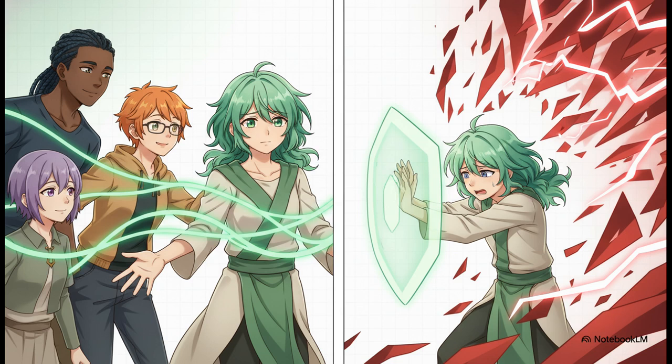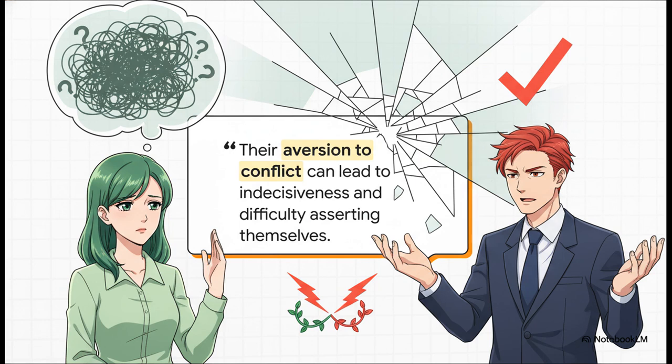But, and it's a big but, their aversion to conflict is so strong that they can be really resistant to change. If you ask a green to make a big, snap decision in a group setting, you can almost see them physically freeze up. And their blind spot explains so much about team dynamics. In a meeting, a green will stay silent rather than risk an argument. The red in the room sees that and thinks, great, we all agree. But it's not agreement. It's often deep disagreement hidden by a fear of rocking the boat, and that unspoken issue always comes back later, usually as a much bigger problem.